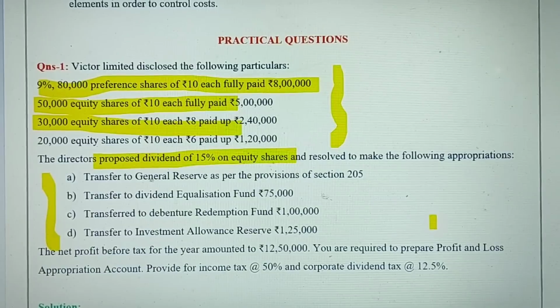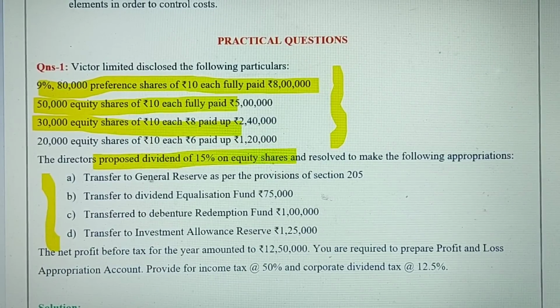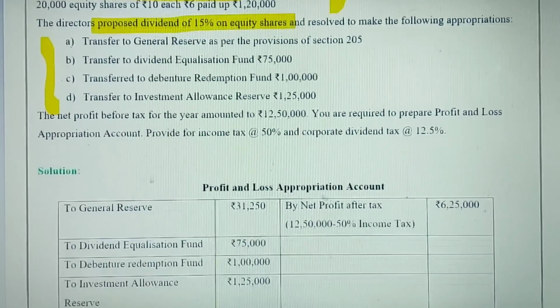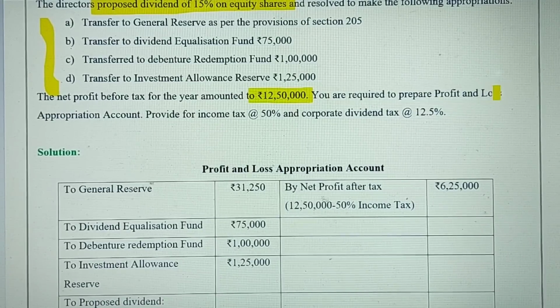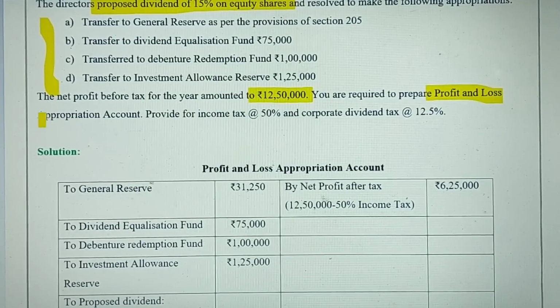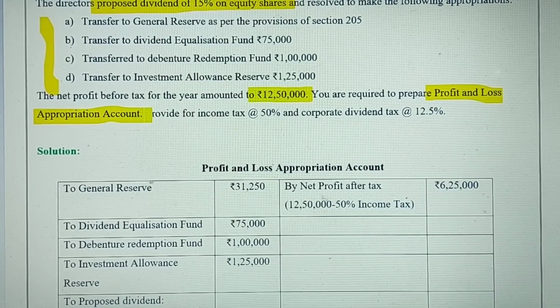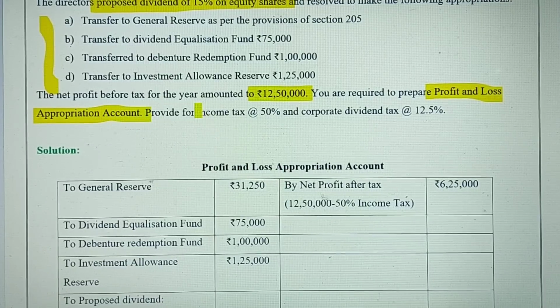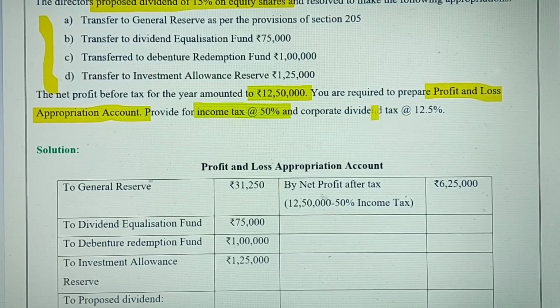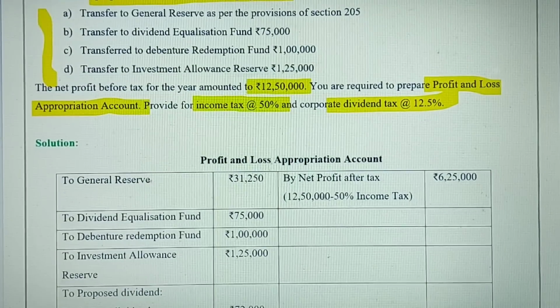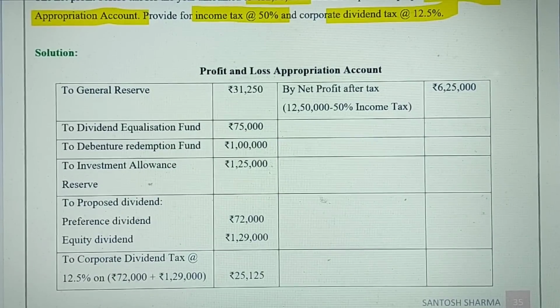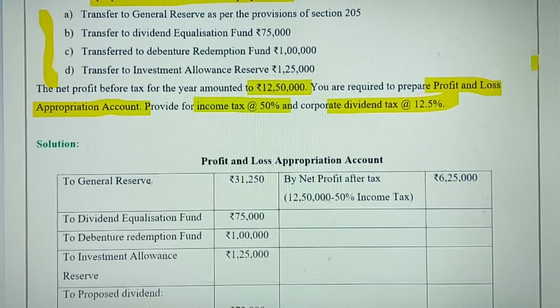So this is the question that may carry 20 marks, and the net profit before tax will be given to you, and you will be asked to prepare a profit and loss appropriation account, how the profit has been distributed, and income tax provision is there 50%, corporate tax dividend 12.5%. So now to prepare the profit and loss appropriation account, first we will take on the credit side the net